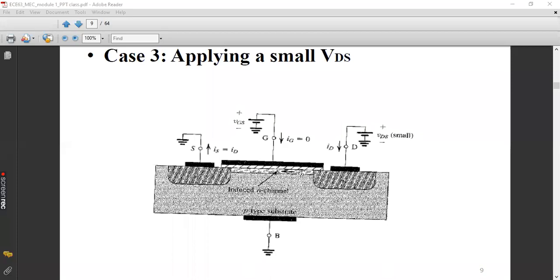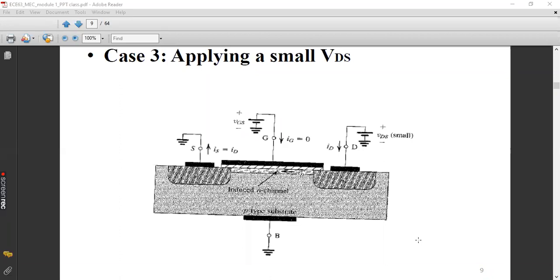Because you know that current will always flow from a region of higher potential to a region of lower potential. So here the drain has comparatively high voltage compared to the source. Positive voltage at the drain and 0 volts at the source, because of which the drain current will flow from drain to source.